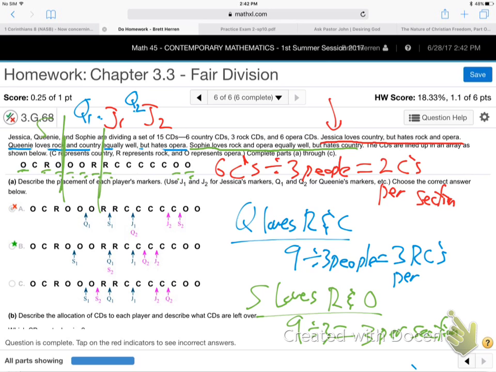There's Sophie marker number 1, I'll put down here. Sophie marker number 1, Sophie marker number 2. That's where Sophie will put them, because that leaves 3 O's and R's in each section. Good? That makes sense? That's why this is the right answer, because that's where the markers go. Questions? Good? Kind of a tricky one. And then I think the rest is